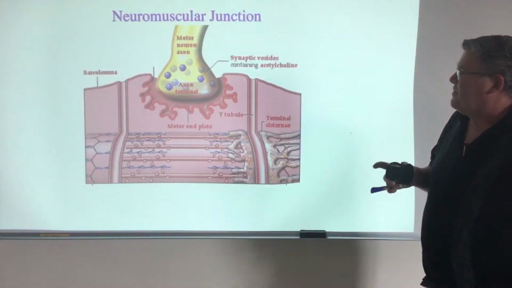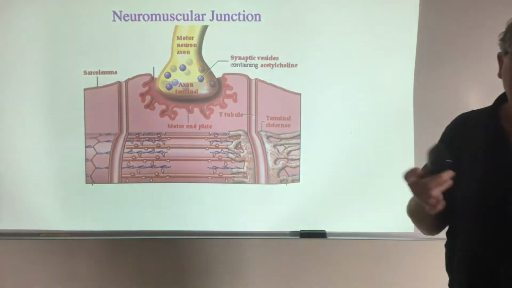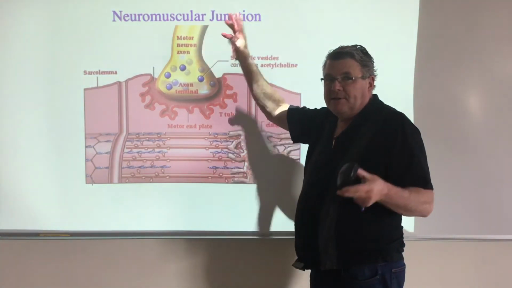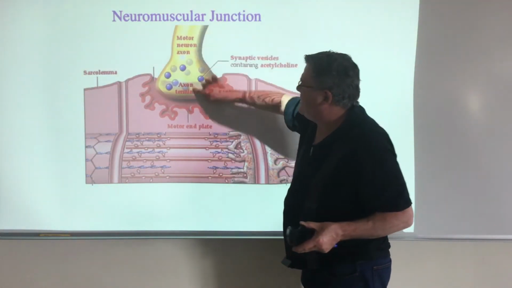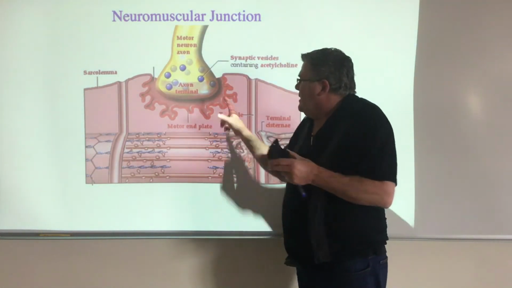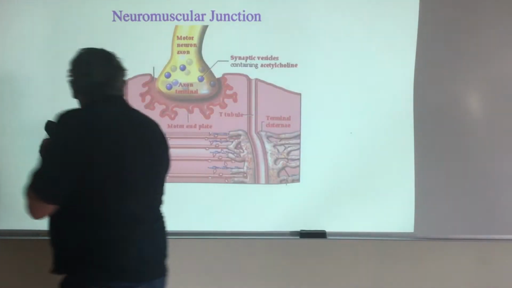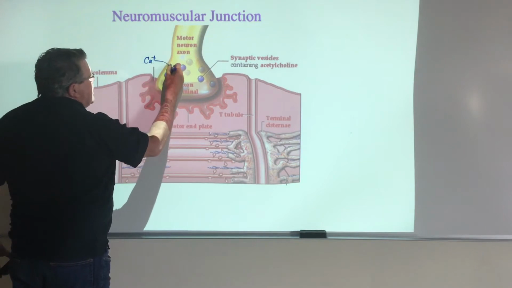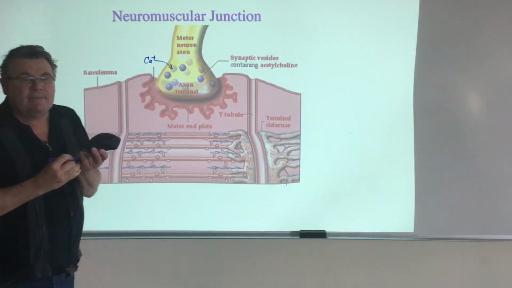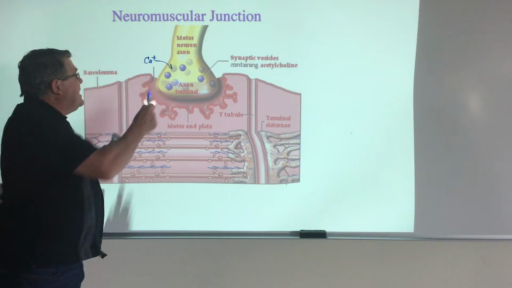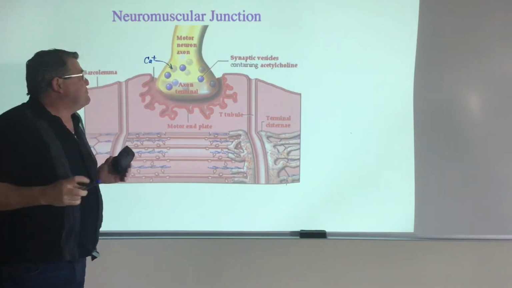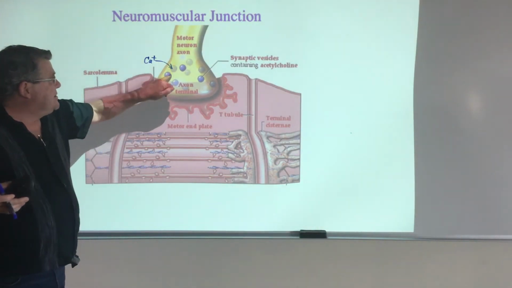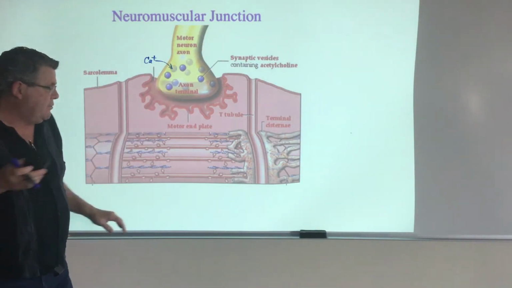I'll wait to get back to this. So essentially this is what happens. The action potential, this mysterious spark that comes flying down here, this nerve impulse, is going to get to the end bulb. Calcium with a positive charge is going to move in. You're going to have little tiny gates or channels that are going to be popped open, and the calcium will move across.